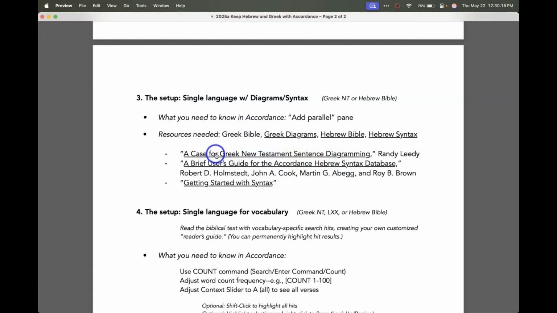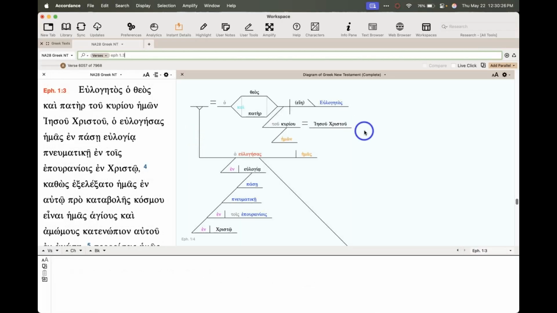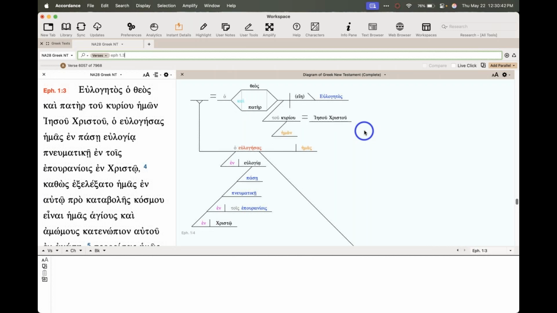But this Randy Leedy article here talks about why you would consider diagrams in the first place. So that's another option you might consider. This is probably not something that I would do if I were really rusty in Greek and Hebrew and wanted to regain it. I might not jump right into a diagram, but if I've got enough confidence that I can